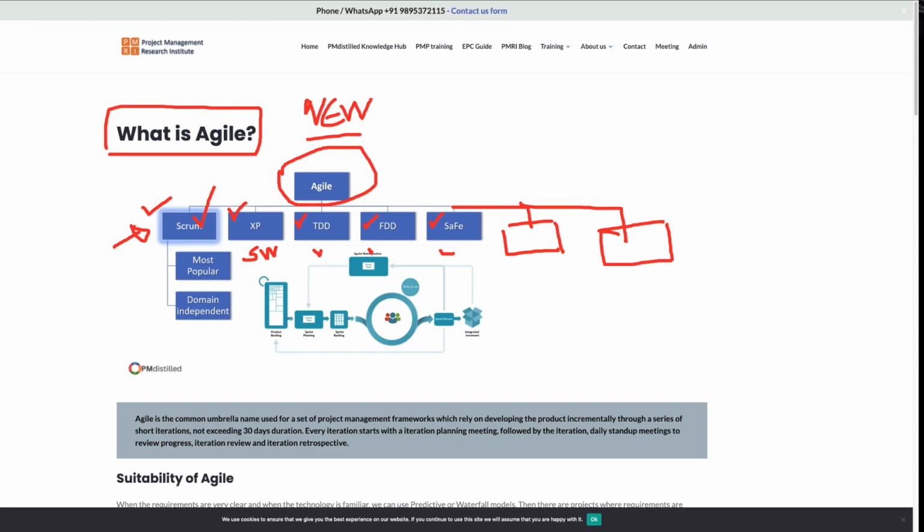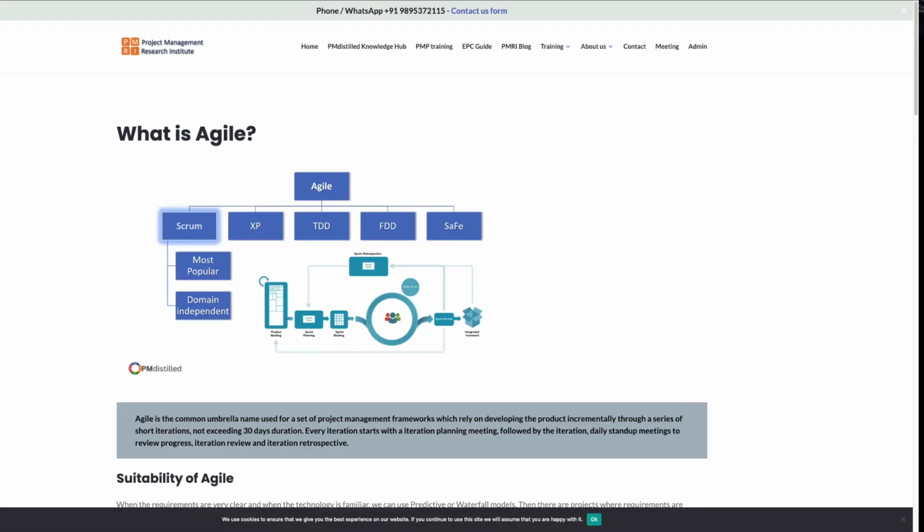Now, so clear. Okay, now let us move forward. Yeah, now let us... I'm unable to scroll down. What happened? So,